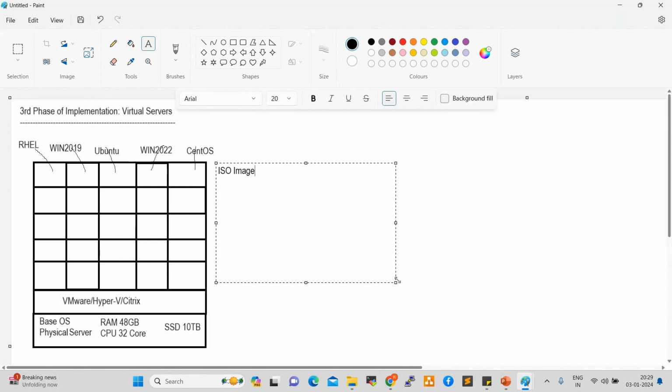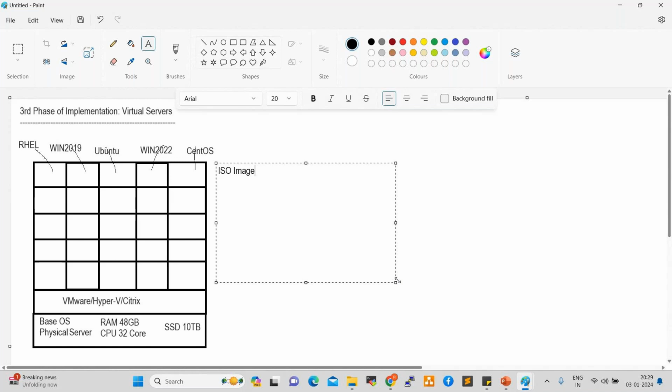What do we require if we want to install an operating system on a laptop or desktop? We require an image. We can copy the image into a pen drive, connect it to our laptop, and configure it as a bootable drive. By using that pen drive, we can install the operating system on the laptop or desktop.